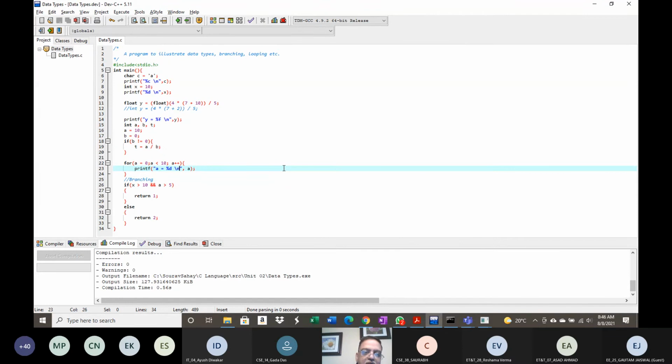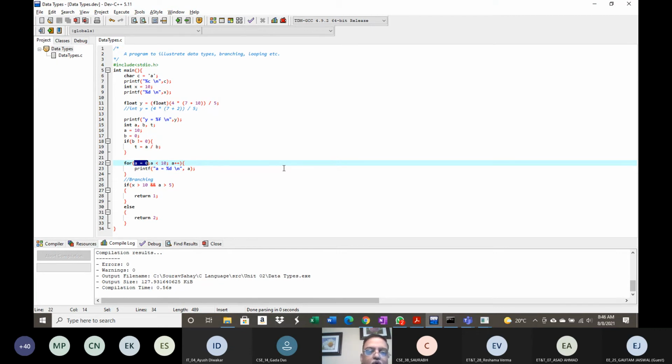So this is a loop. We have looping constructs in C language, C++, Java, and other tools also. Here it has three components. One is the initialization component, where we are initializing our counter.